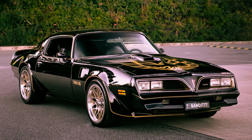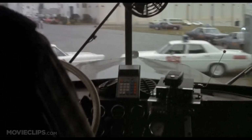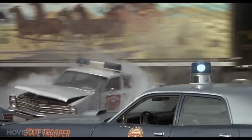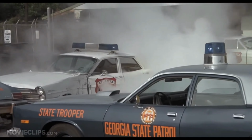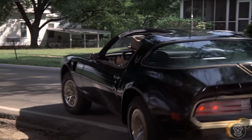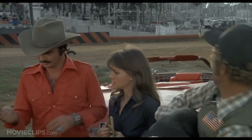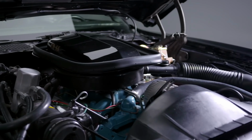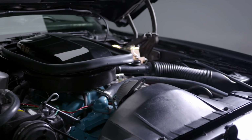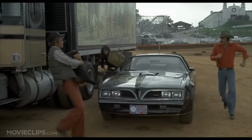Pontiac provided 4 cars, technically 1976 models with 77 front ends. By the time filming wrapped, every single one was beaten to hell, but not this one. This one was spared, living a life of luxury as a promotional showpiece. Fast forward to an estate sale in 2014, and a collector stumbles upon this piece of movie history. The engine hadn't been fired up since 1985, but inside, oh man, a certificate from Universal Studios confirming the VIN,